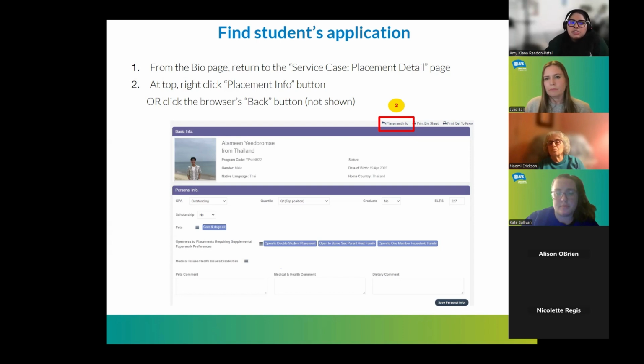Yeah, so if it's a student that says, I could live with a cat, but it cannot be in my bedroom, there is a tag specifically for that where we will put can live with cat, cannot be in the bedroom. We have taken different scenarios and created tags for them. But again, we would note it in their bio up in the top, we'll tag it as is. And again, in the pet comment, we'll write a little bit more detail regarding why they can't live with any type of animal, especially cats and dogs. That's pretty much our main focus.